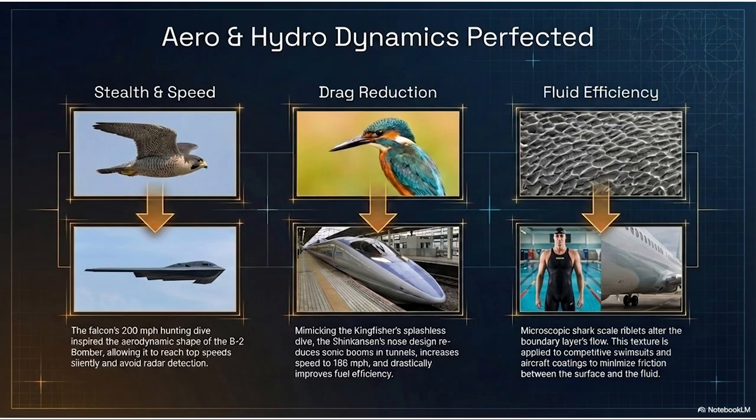Because smoothness is an illusion when you are dealing with fluid dynamics. If a perfectly smooth surface moves quickly through water, the water drags against the surface. This creates microscopic eddies, tiny, chaotic whirlpools of turbulence right next to the skin. Those little turbulent whirlpools grab the object and pull backward, creating massive drag. So being perfectly smooth actually slows you down. It does. But the microtextures of a shark's skin, those jagged riblets, deliberately channel the water. They manage those tiny turbulent vortices, organizing the flow and effectively creating a microscopic boundary layer of water that acts like a lubricant. The shark slides through the ocean with almost zero friction.